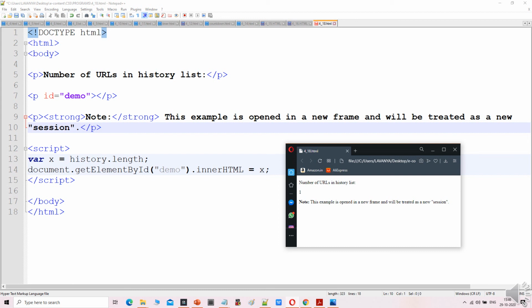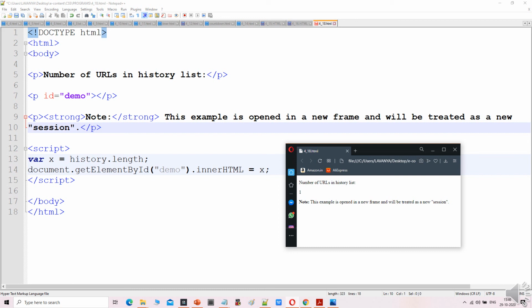So in the script tag, x is equal to history.length, document.getElementById("demo").innerHTML is equal to x, end of the script tag, end of the body tag, end of the html tag. After executing this code, we will get the number of URLs in the history list, that is 1. Currently there is only one entry in the history list in this browser, that's why the output is 1.